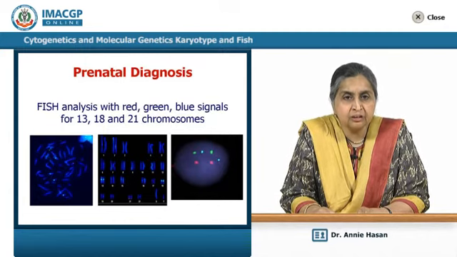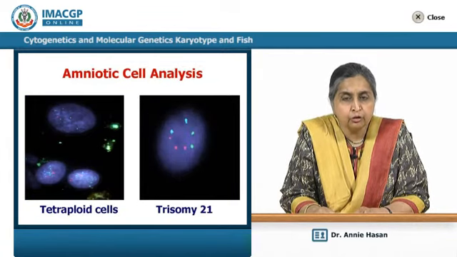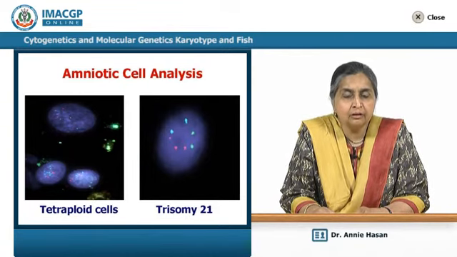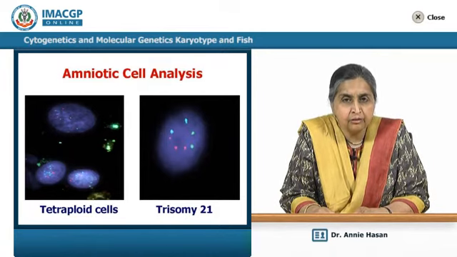In the first, you see the metaphase with this. Next, you see a karyotype of this. Third, you see an interphase nucleus with this. And this indicates prenatal diagnosis showing normal for trisomy 13, 18 or 21. So, the amniotic fluid which we have obtained is normal for Edwards, Patau's and Down syndrome.